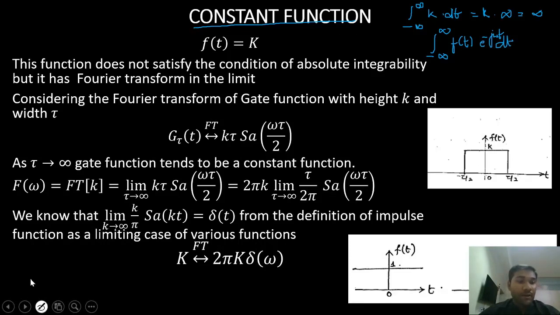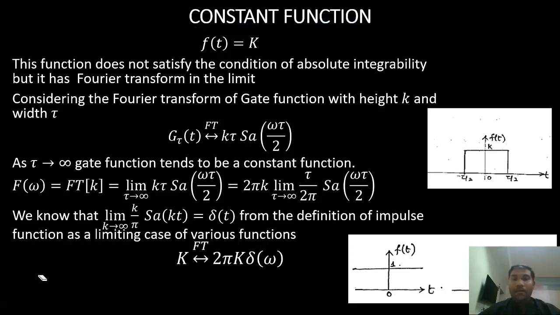So how will we find the Fourier transform of the constant function here? We will use some properties. Using some properties, we'll try to find the constant function Fourier transform. We are doing this because it is one of the standard functions. Otherwise we would not be doing this. So we already know delta of t, that is my impulse function. It has a Fourier transform of